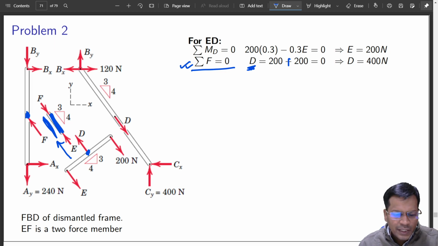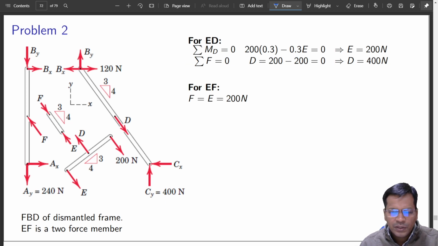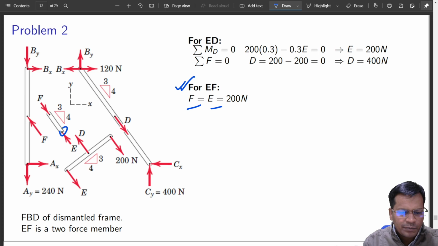There are many errors that I have seen. I'll correct them all before I circulate it to you. I'll share the slides only for this because this video will have plenty of errors. Anyway, now you got the point. Actually, you have to do one by one. Now the forces F and E are the same, as I have said. So this is coming out to be 200 Newton.